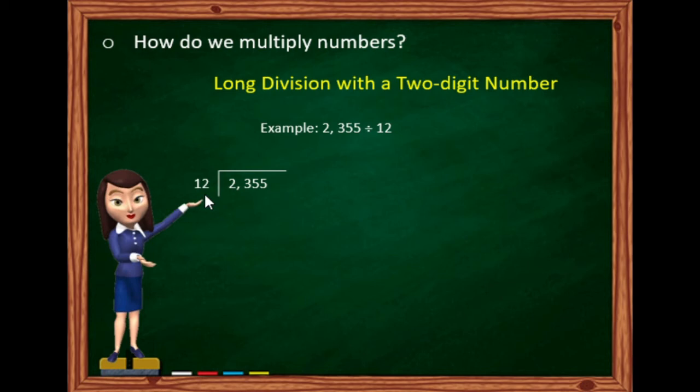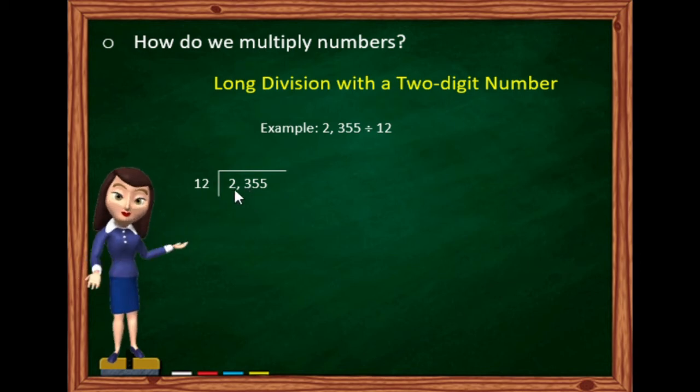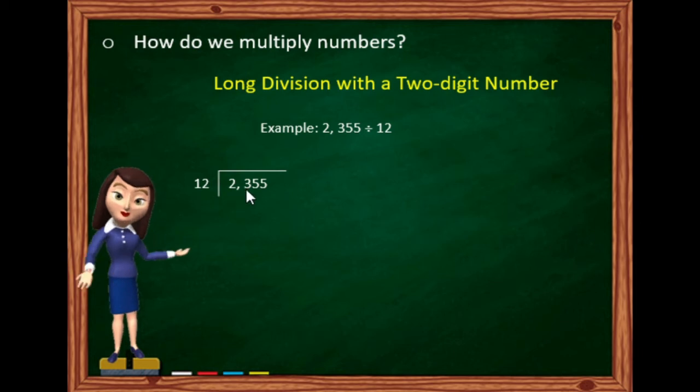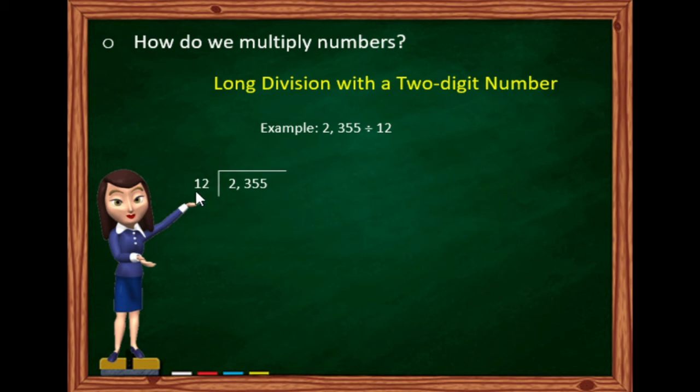Can or cannot? Cannot. So we need to add another digit, and the number beside 2 is 3. And when we put it together, it gives us what number? 23. So 23 divided by 12 is equal to